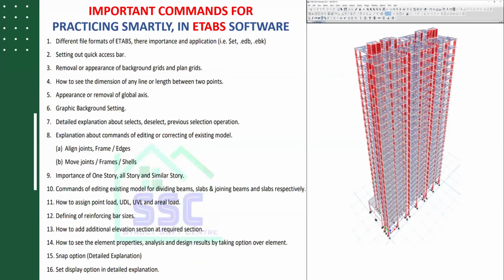Modeling is a very important stage for the completion of the project. Without creating the model, you cannot predict the response of the structure, right? So for the modeling: how to define the material property, how to define the section property, how to set the bar settings, bar list, how to edit the modeled structure, how to eliminate the member, how to define the member, one story concept, all story concepts, how to assign the loads, point loads, live load, like area load,